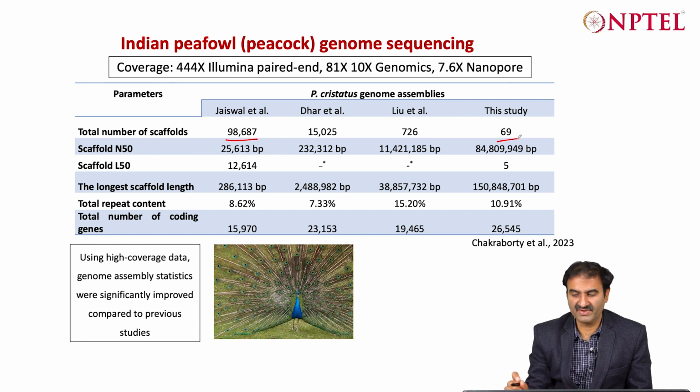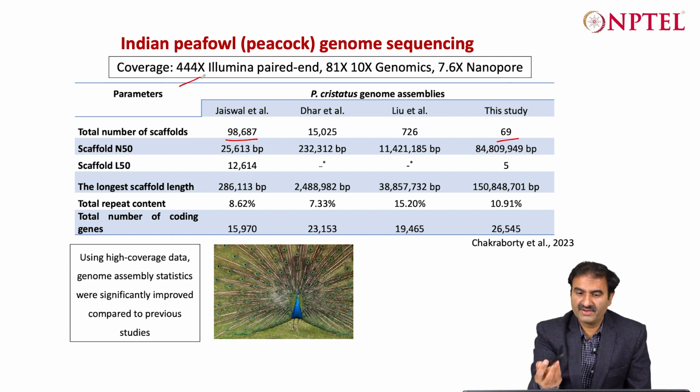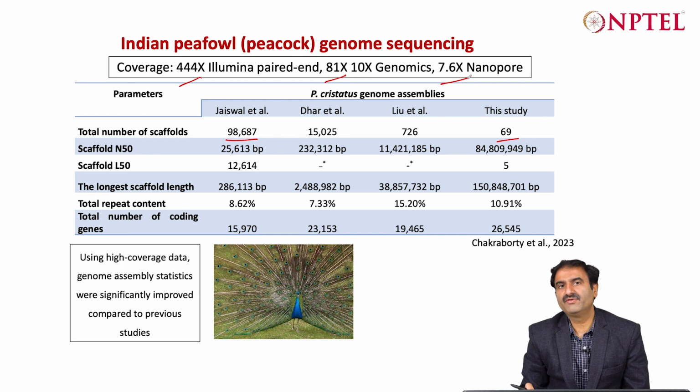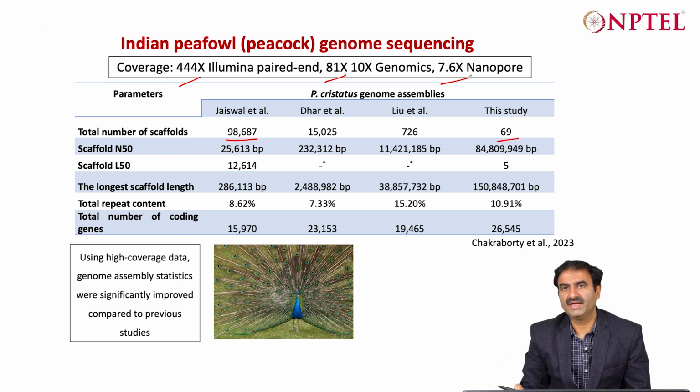So this is a high quality genome with 444x Illumina, 81x link reads, and 7 to 8x Nanopore, because in the case of birds, producing Nanopore data is difficult; there are some technology issues and some contamination in the DNA that interferes with the sequencing process,